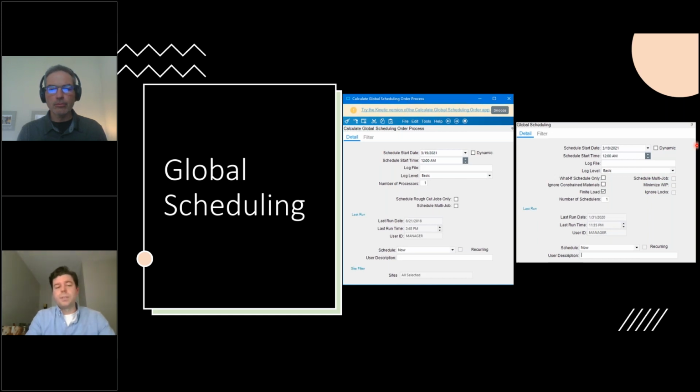So global scheduling will let us run all of our open job load, do scheduling again, and essentially spit out a new schedule for us. This is a two-part process. The first thing we need to do is run the calculate global scheduling order process. And what this does for us is it ranks our jobs. It looks at required by dates,